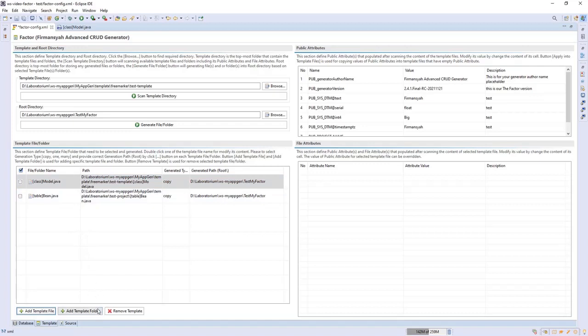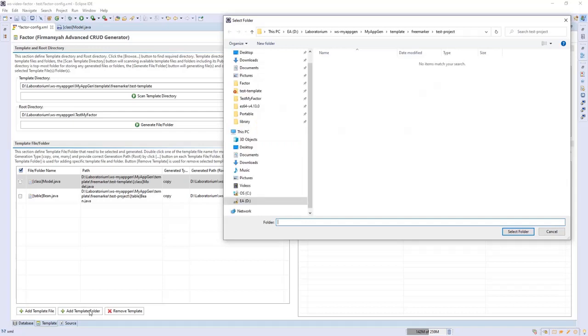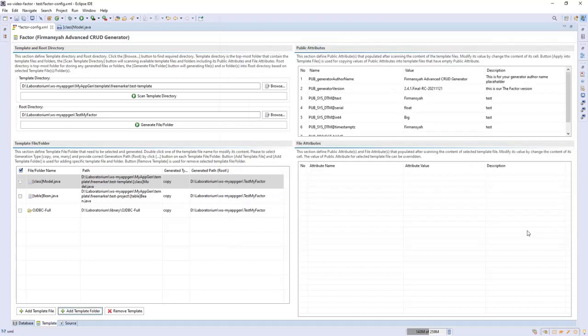If you want to add a folder template, you can click this one, and maybe choose the library folder. How about this one, DBC4? Okay, just as an example, select this folder. You can see this is the folder template. Maybe inside there you will have some static files that you don't want to be modified